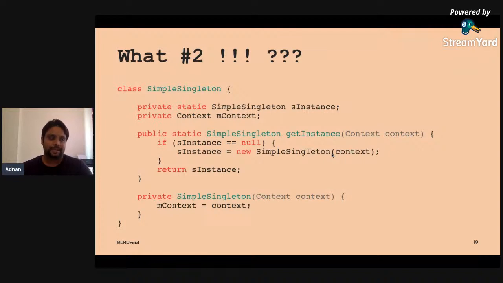I don't think there is a very genuine use case for doing that. There are always ways you can avoid it. But if you have to do it, then please do context.getApplicationContext() and hold on to the non-UI context. That way you would not be leaking memory. It is not the best singleton out there, but it is much better than this dangerous one